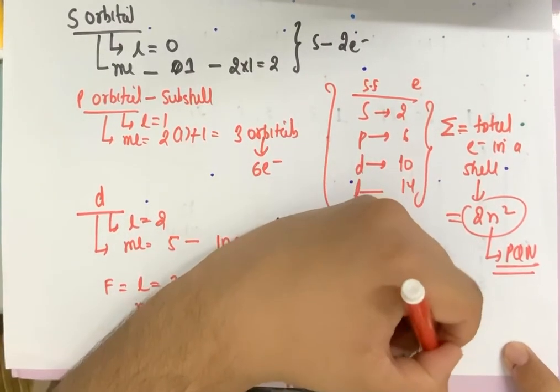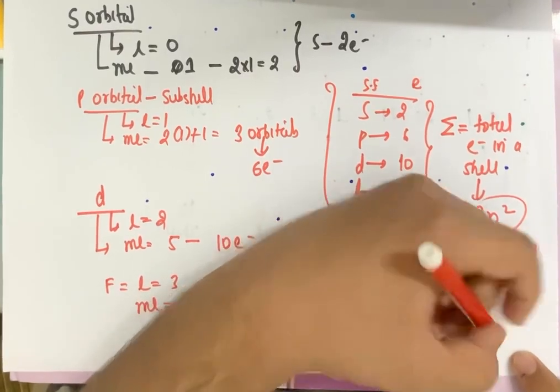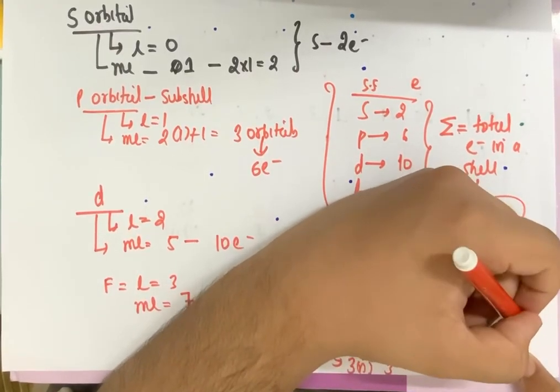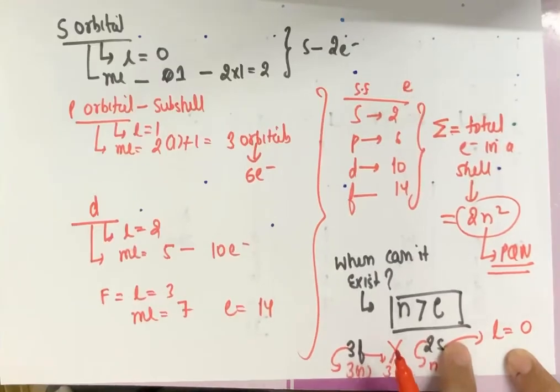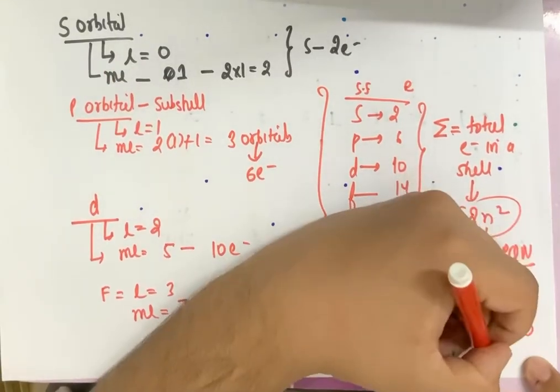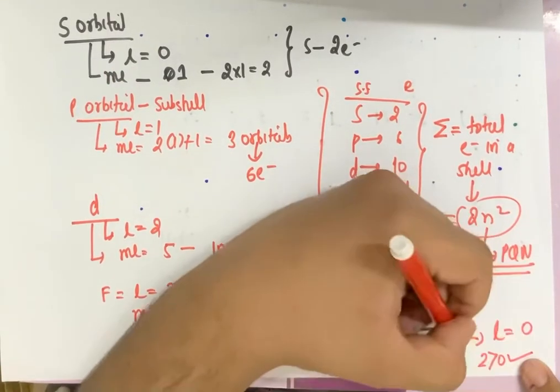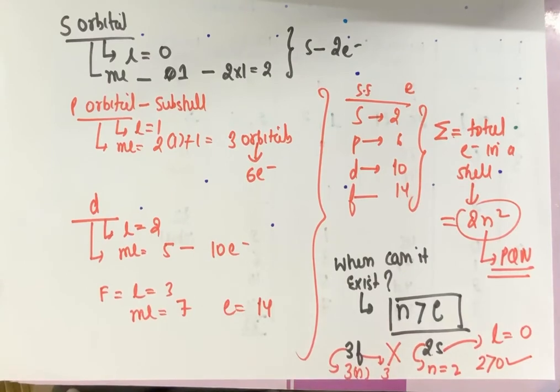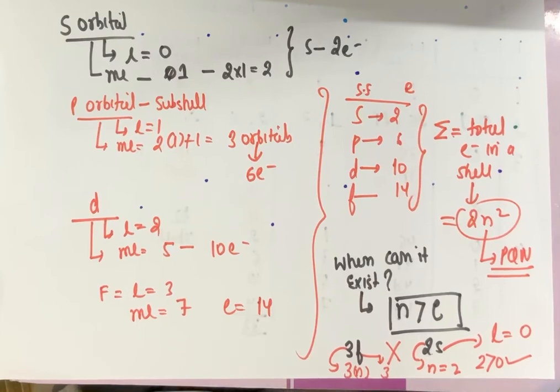इसमें और n वैल्यू ऑफ 2s इज 2 and what is the l value? l is equal to 0 because l value for s subshell is 0. So hence 2 is greater than 0. So this orbital is existing. Okay. So hence n always has to be greater than l value for an orbital for allowing it to exist. Okay. Which is one of the important concept for questions. Fine.